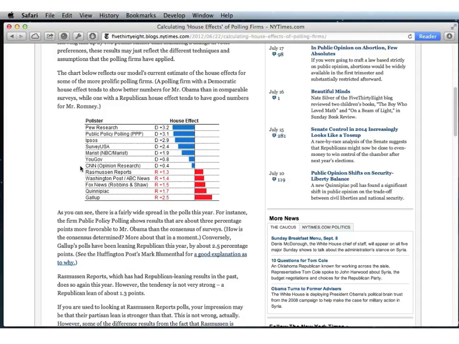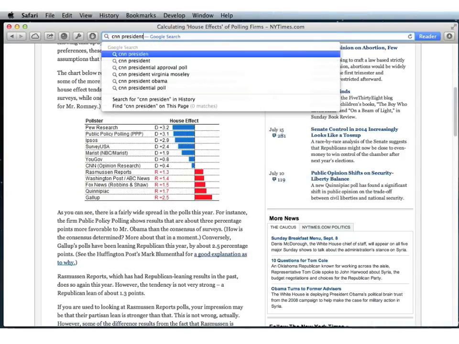So now you've got to remember, as analysts, our purpose is not to make the Republicans look good or make the Democrats look good. It's to find the truth. Right? So based on this, it looks like our best option for getting good numbers, as unbiased as possible, is to go with CNN. So let's check out CNN presidential